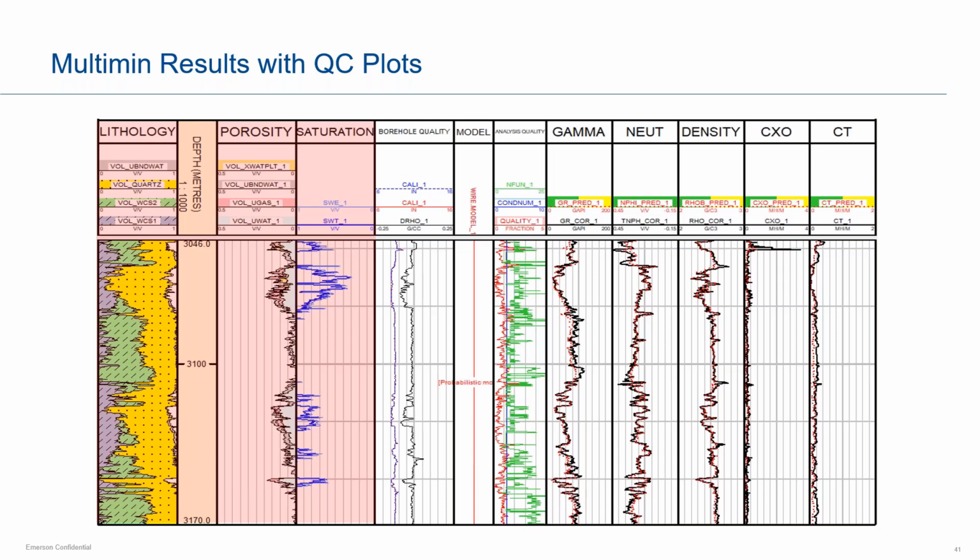Third and fourth tracks: in the third track, you can see porosity, and the fourth track shows the saturation. You need to remember that Multimin is calculating the volume of minerals and fluid. Porosity and saturation are post-processing results from Multimin. Along with this result, we can have the